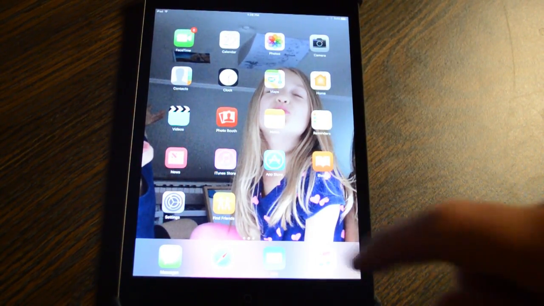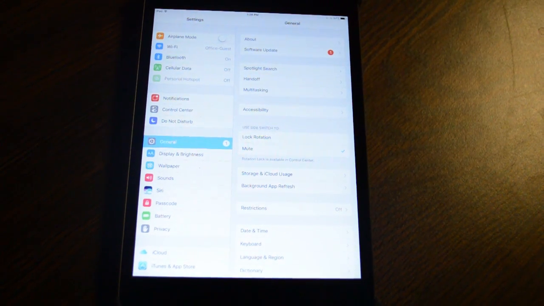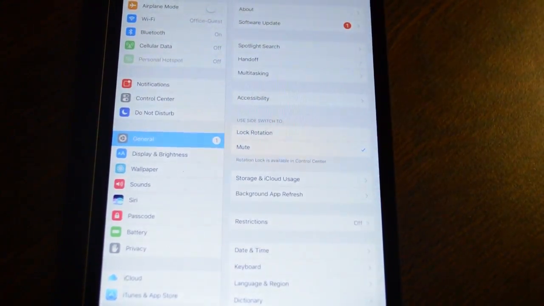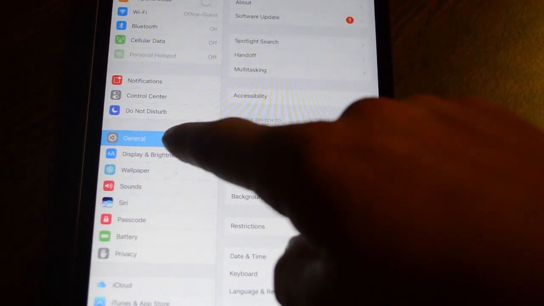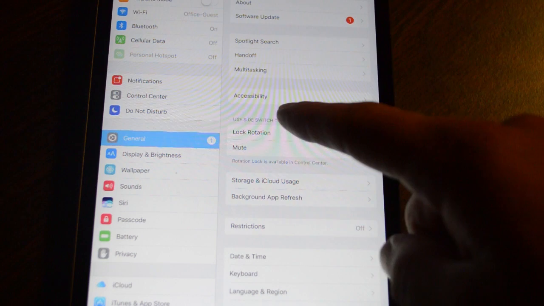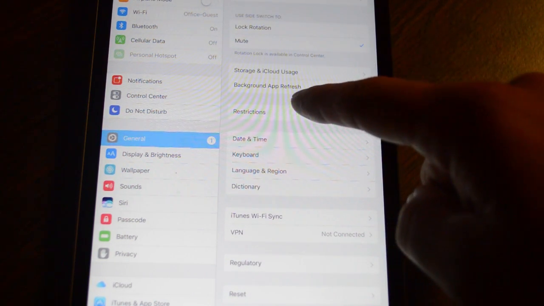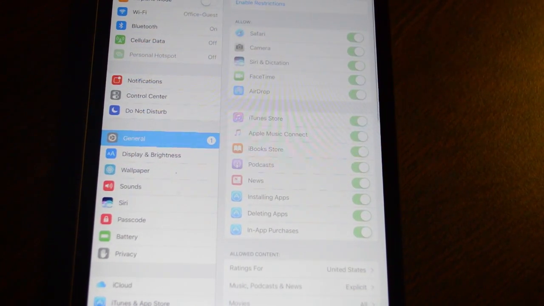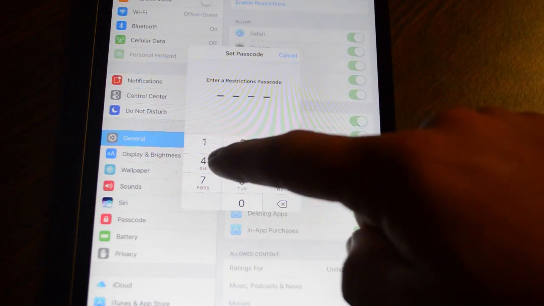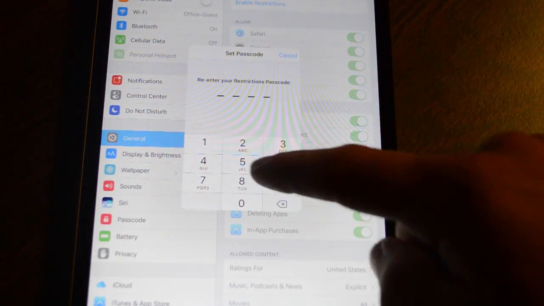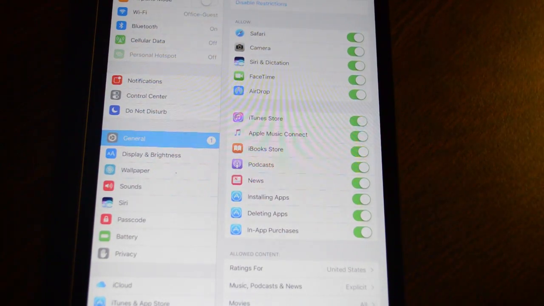All right, and we're going to start by tapping Settings, and when the settings come up, you'll see that you select General here, and then right here is Restrictions. So you'll tap it, and then you have to enable restrictions and set a 4-number PIN code. It's going to ask you to set it, do it again to confirm, and then here are all your options,